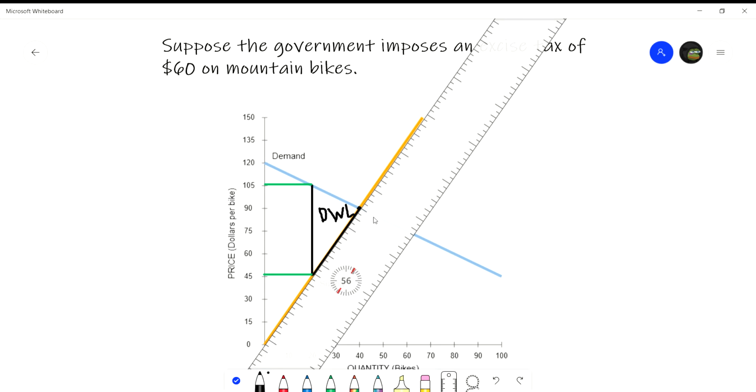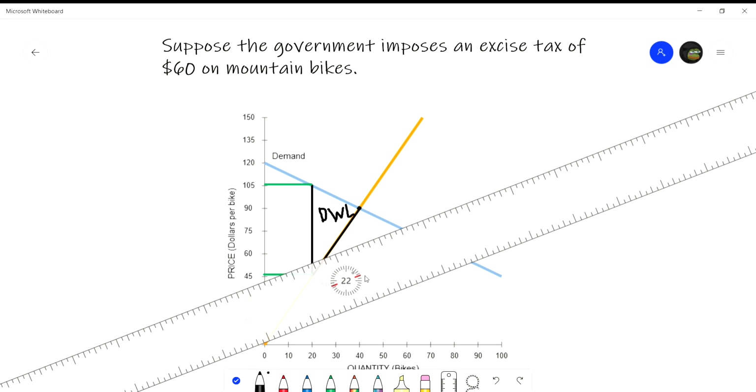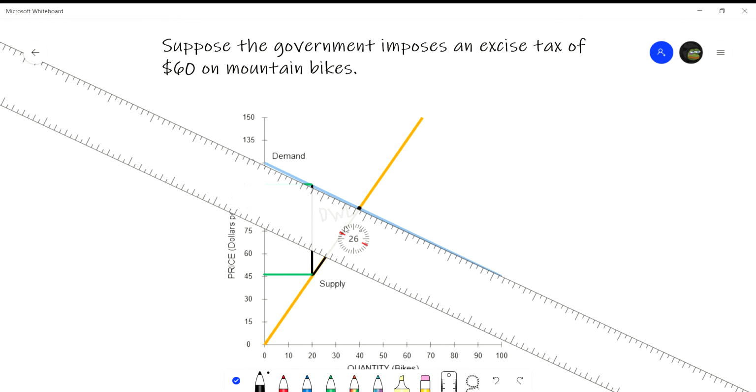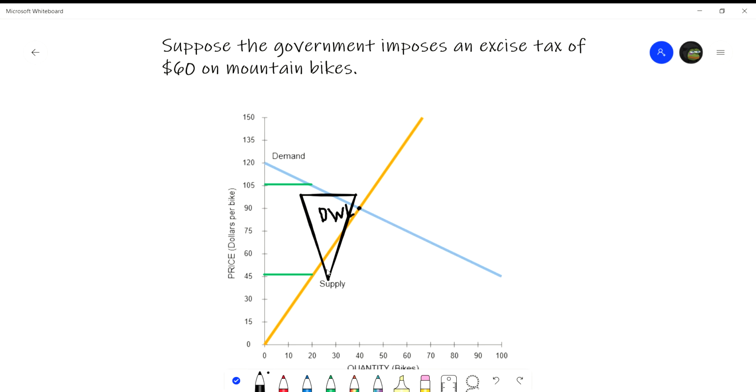Right here to that point, and then down the demand curve like that. So that's going to be our deadweight loss, because that's all the transactions that would have happened that aren't happening now. But now, if we want to find our tax revenue, we're simply going to look for